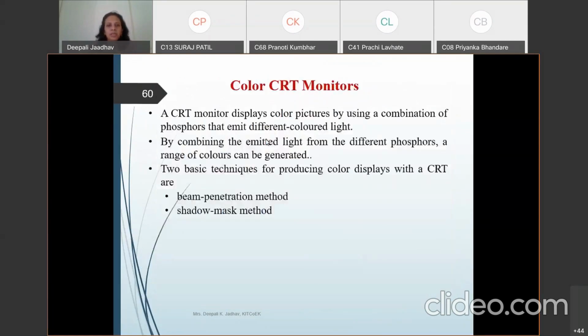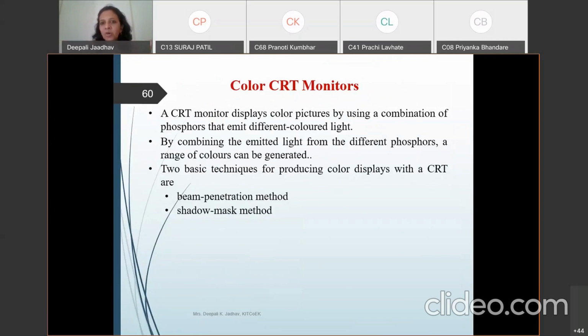Now we move towards the next. Color CRT monitors, how it works. Color, how it is generated. First what we have seen, the CRT, cathode ray tube, how it works. How the spot is actually generated or emitted on the phosphor coated screen. That we know, everywhere phosphor coated screen.